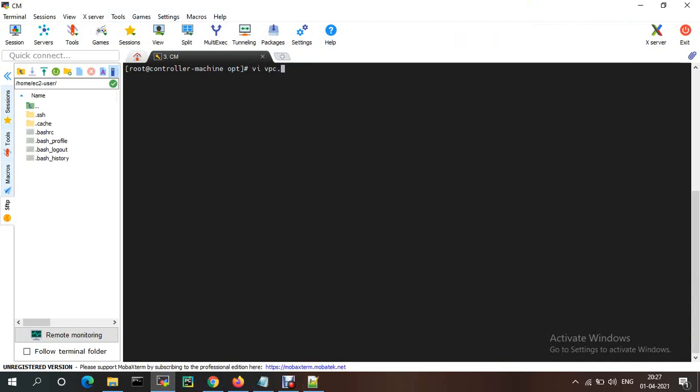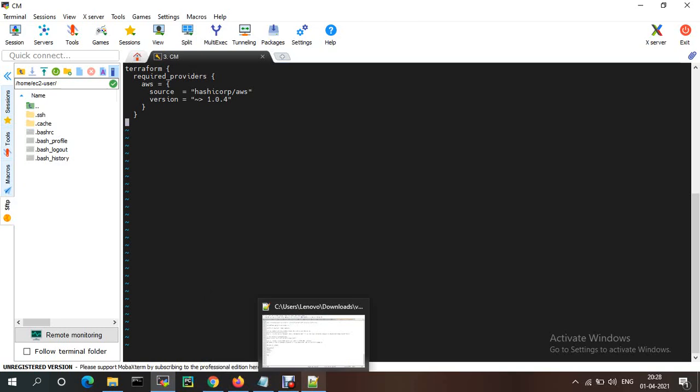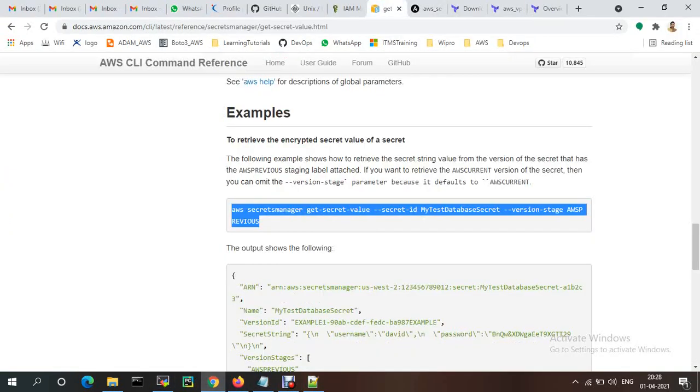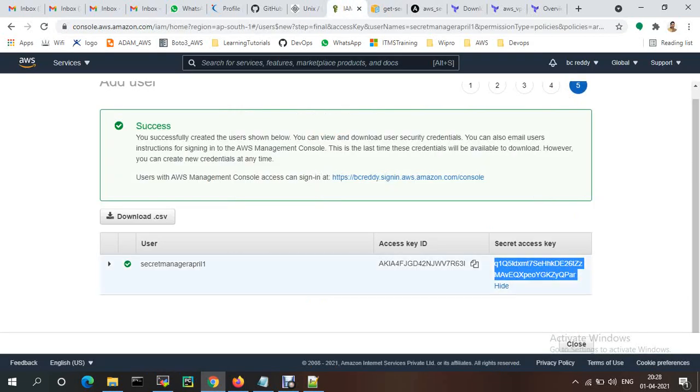VPC dot tf. Required providers. Access key ID.